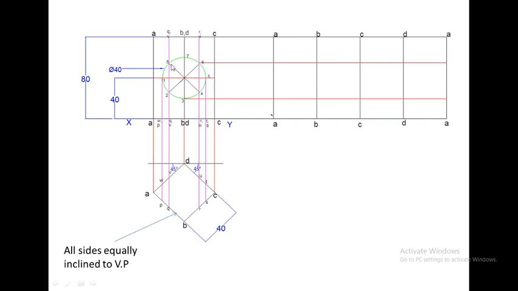For drawing the circular hole in the lateral surface, you have to mark these points of intersection in the lateral surface. For marking these points of intersection, first we have to mark these extra vertical edges, that is W and P, Q and V, R and U, T and S in the lateral surface. So we will mark these extra vertical edges in the lateral surface first. Now we will mark the points one by one.